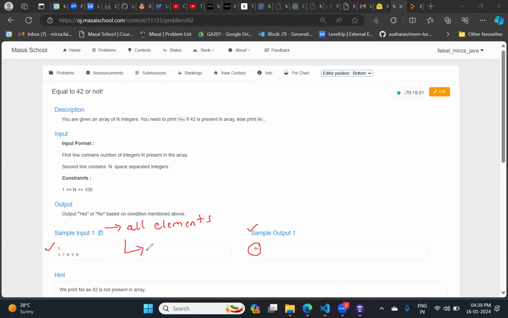Yes, sir. We need to check whether a given element is equal to 42 or not. Even if there are multiple 42s, we don't care. Even at the very first, if you get 42, you just need to stop over here and print yes. Otherwise, loop over the array. And at the end as well, if you are not able to find that 42, you have to print no. Getting it? So can you tell me how we can implement this specific question?